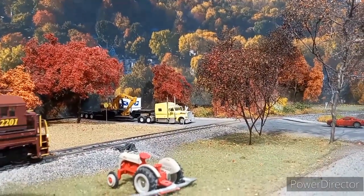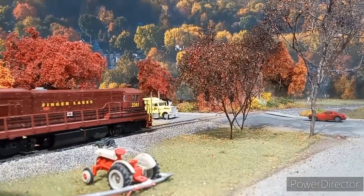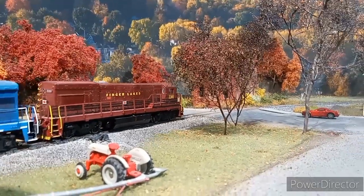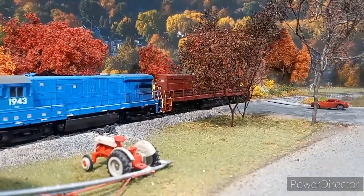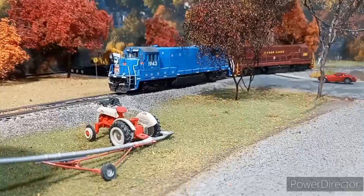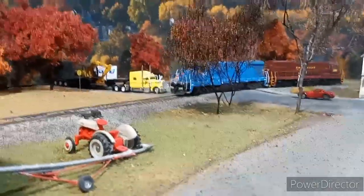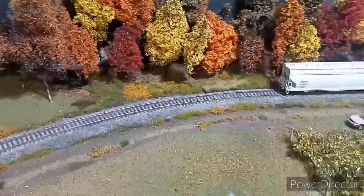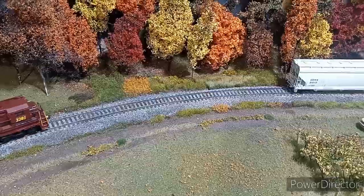And now we are running light power out to our train, which is out behind the vineyards, pushing it out there to get those 3 covered hoppers into the siding, so we could spot the one at Lakeview Organic Grains and then grab the 2 for Briquette Mills and spot those. Little drone shot going over the house as we move in on our train here